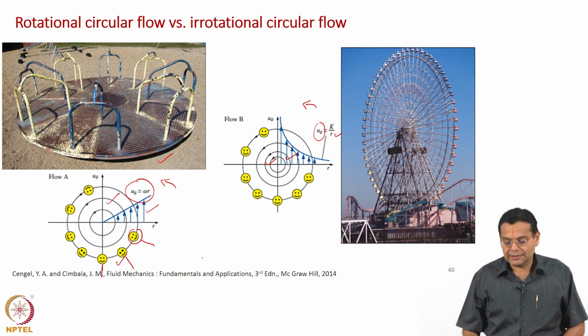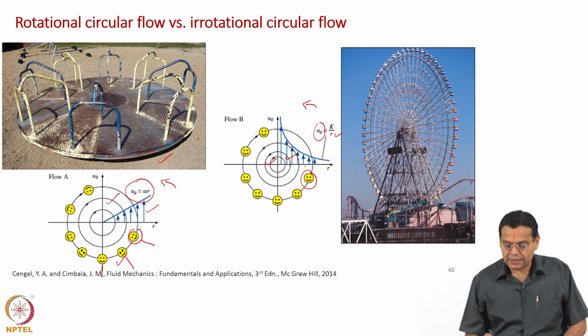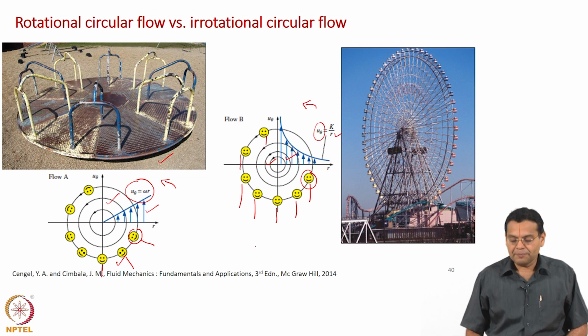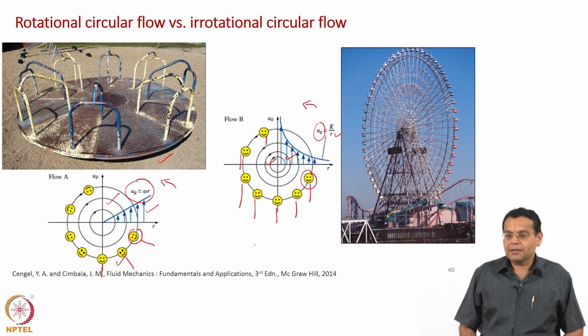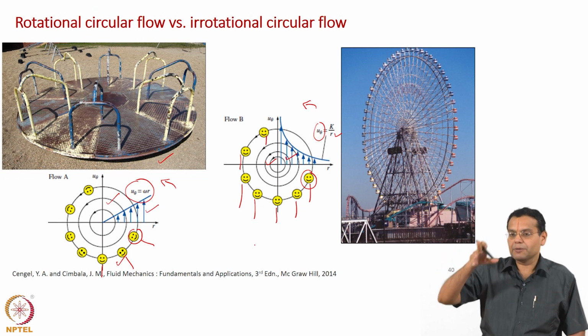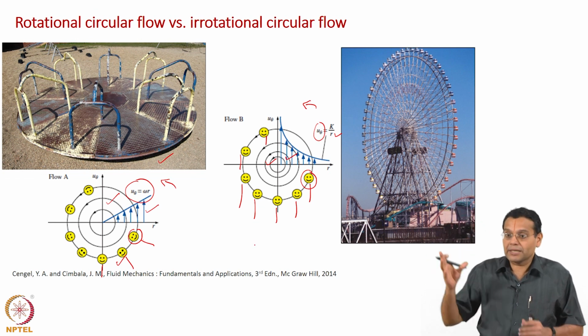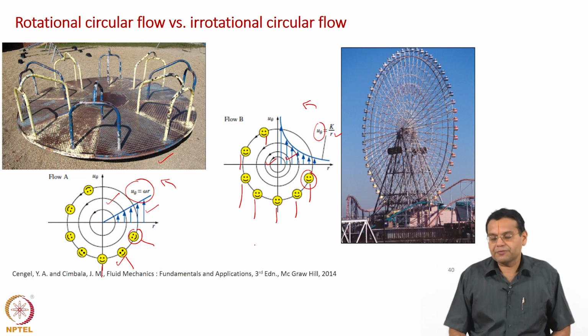Now, let us look at the other example. In this case, if you identify a fluid element, for the moment let us select the front view, which is a physical example also, then what do you see? They always stay upright, they do not undergo any rotation. What is the physical example? A ferry wheel or giant wheel, where if you look at the front view, whoever is there remains upright in every position, based on the configuration of the ferry wheel.